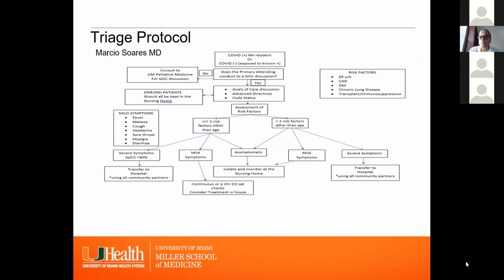If the patient chose to be transferred, they were then taken to a tertiary care center, but then we were using all community partners around us. Now, for patients with one or two risk factors other than age, asymptomatic, they stayed on campus. If they had mild symptoms, we kept them on campus, but they were monitored more closely, meaning that their vital